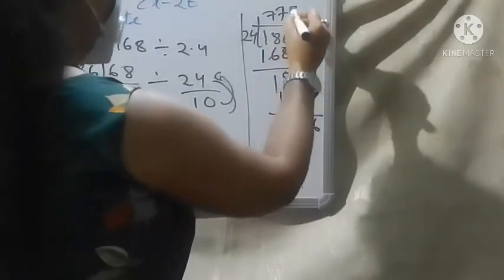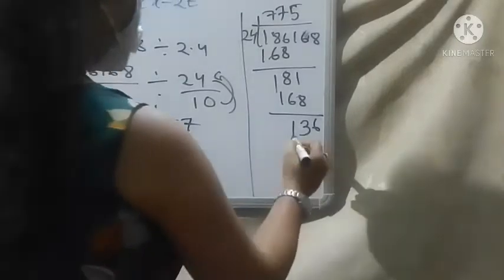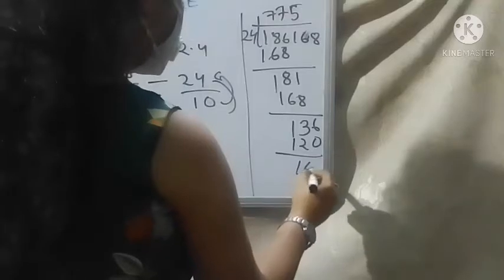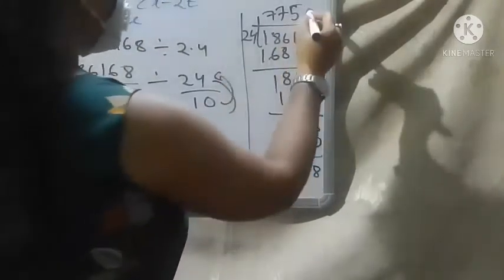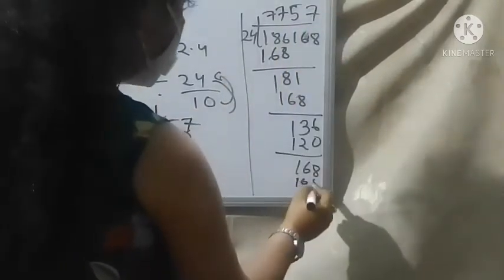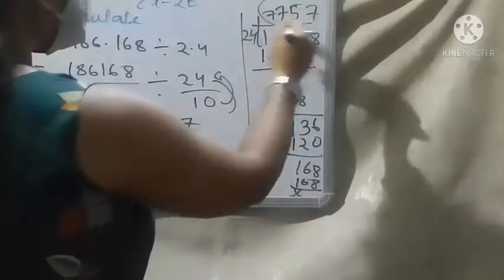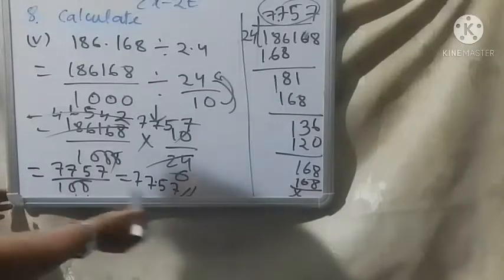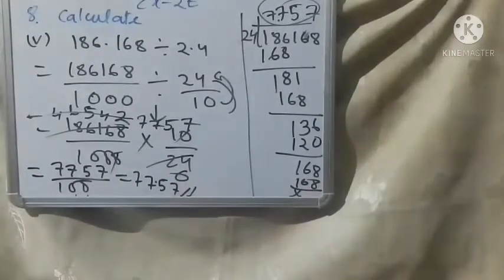Yes, 5 ja. 5 ja, I know 24 5 ja is 120. Now 168. 24 7 ja, again 168. So it is divisible. By dividing also this value you can write here. After that you divide by 100, you will get the answer. In both ways you are correct. In exam time, whichever process you feel easy, you do.